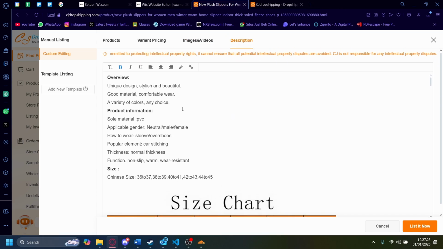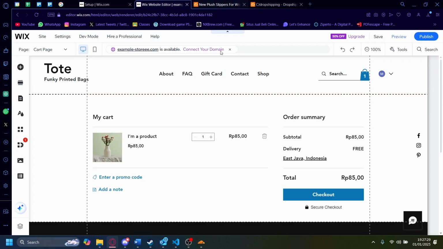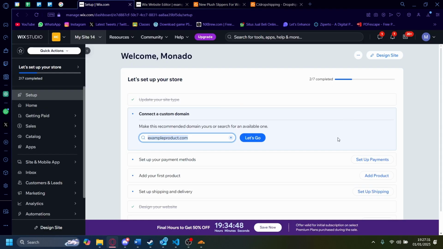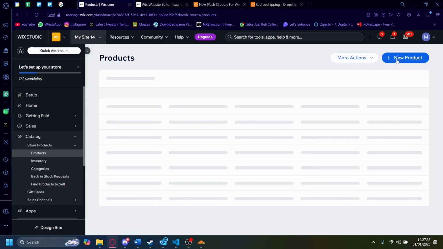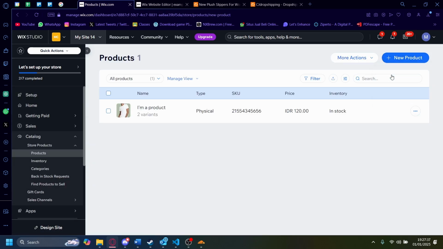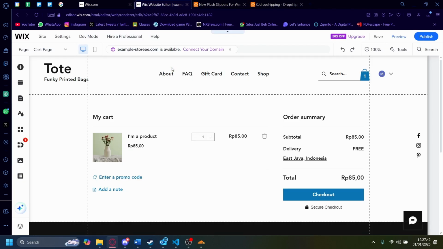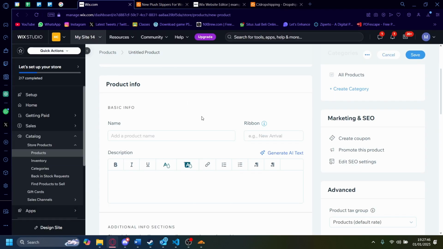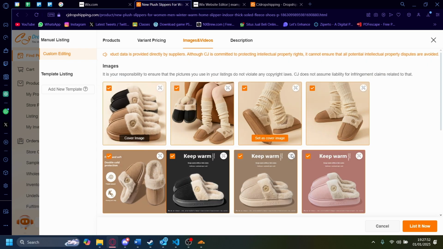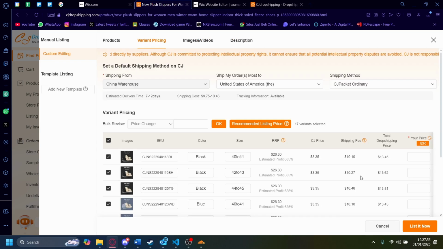So what we want to do is go from here one by one and copy all of it onto Wix, right? So you go to catalog, you go to store products, you go to a new product, physical product or digital product, depending on what you're dropshipping, and then copy everything from this one to Wix. That means downloading all the images and videos, copying all of the description, and copying all of the prices